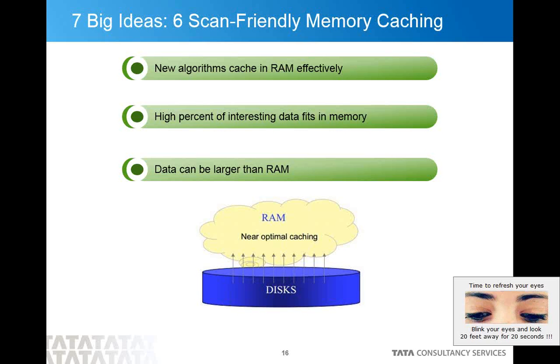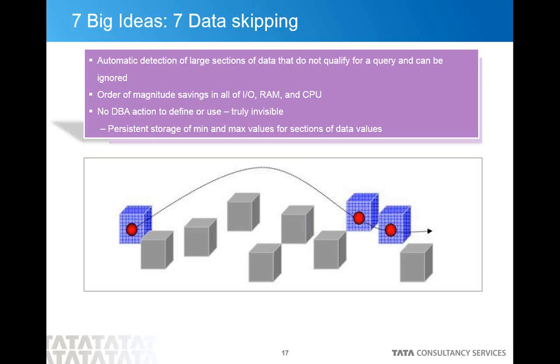Now moving on to the next slide, that is data skipping. DB2 is able to skip the data that is of no interest to our active query workload. For example, if a query was to calculate the sum of last month's sales, we don't need to look at any data that is older than the last month. So with this technology, DB2 can automatically skip the non-qualifying data,